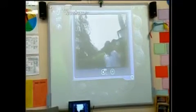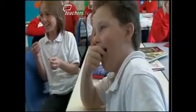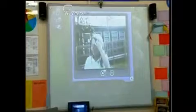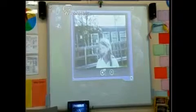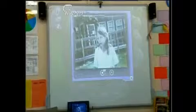At the end of the lesson, the children got to watch their films, which were very powerful and allowed them to share each other's work and hopefully pick up some of the information about the other wives as well. But what we didn't have time to do was to actually take that apart as part of the plenary and think about what we need to learn next, what gaps are there in the information, how much of the information could be trusted. And all these sorts of questions you'd like to round off the lesson, but as I say, trying to get it all done in 1 hour was a little bit frantic anyway,